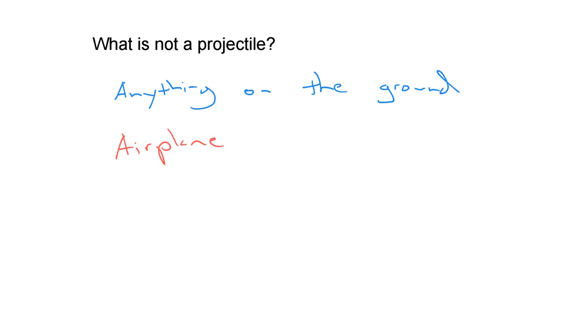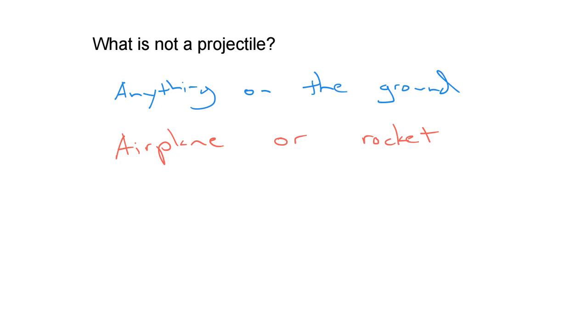So what is not a projectile? Anything on the ground. And then anything in the air that has its own power. So something like an airplane or a rocket. They do not count as projectiles unless, maybe an example of a rocket, if it runs out